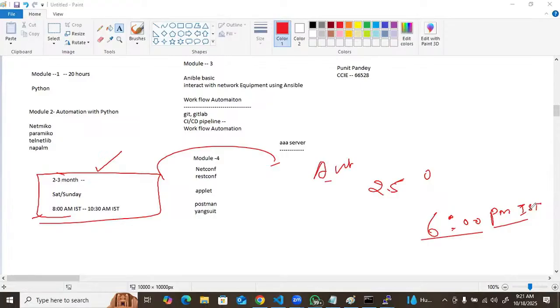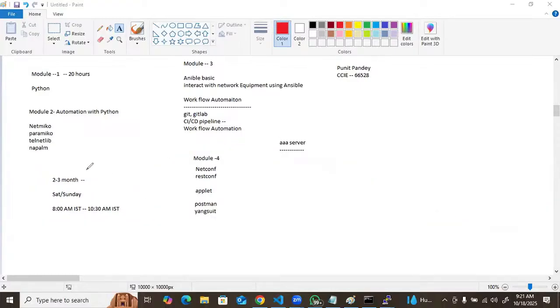Punit. Sorry, Joe, you can continue. I live in the USA, so I have to figure it out. This time is okay for me, but I'll look at the 6 p.m. batch to see if it's earlier for me, because right now in the USA it's 11 p.m. If that time is fine, it's okay, then you can just continue this batch. I'll figure it out after. Jose, you are in the CST time zone? Yes, US time here. I'm in PST. Oh, okay. Wow.